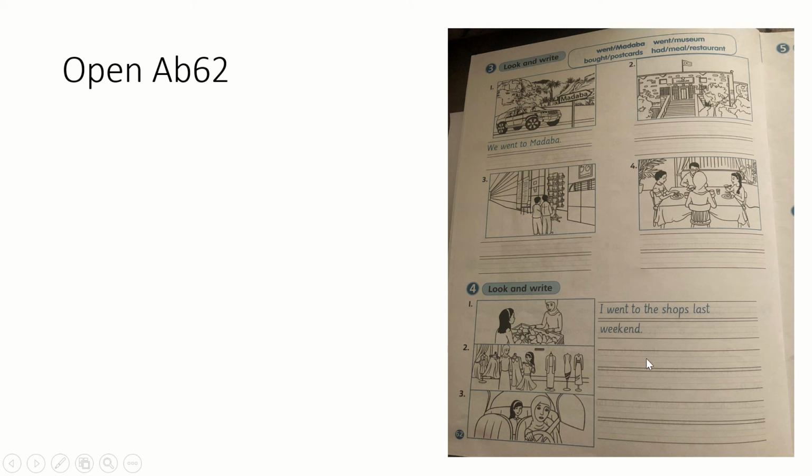Yes, I bought some dresses or a dress. Okay, what about this picture? Yes, Mom drove me to the house, or we drove back to our house. Okay, now